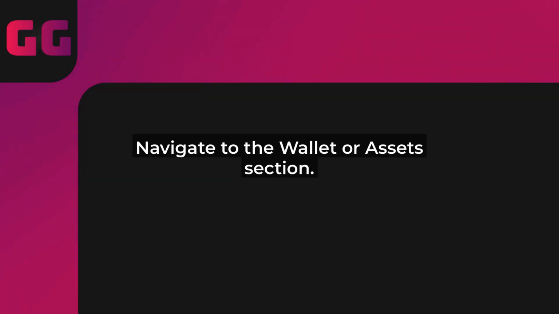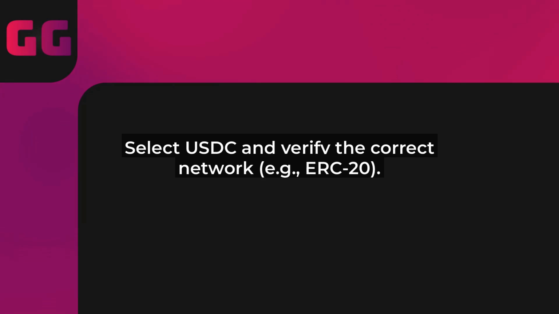Let's jump right in. First things first, make sure you're logged into your Bitrue account. If you haven't already, enable two-factor authentication for added security. It's a must in 2025 with all the advancements in crypto tech. Once you're in, head over to the Wallet or Assets section and find your USDC balance. Double-check that you're using the correct network. USDC on Bitrue is typically on the Ethereum blockchain via ERC20, so note that down.